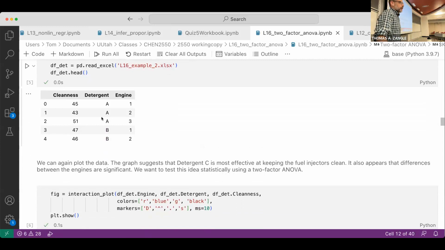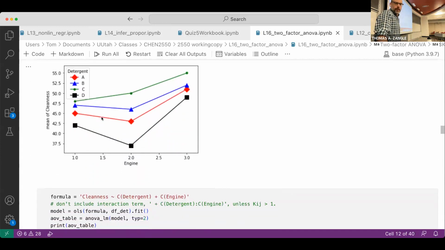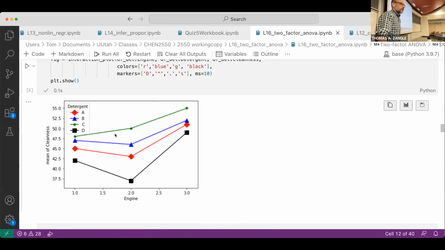And again, we're going to start by plotting the data just as we did before. In this case, this is an example that gets right to our earlier question of what happens when we have 2 categorical variables. In this case, the interaction plot is still of value, because it still allows us to see that these lines appear roughly parallel,